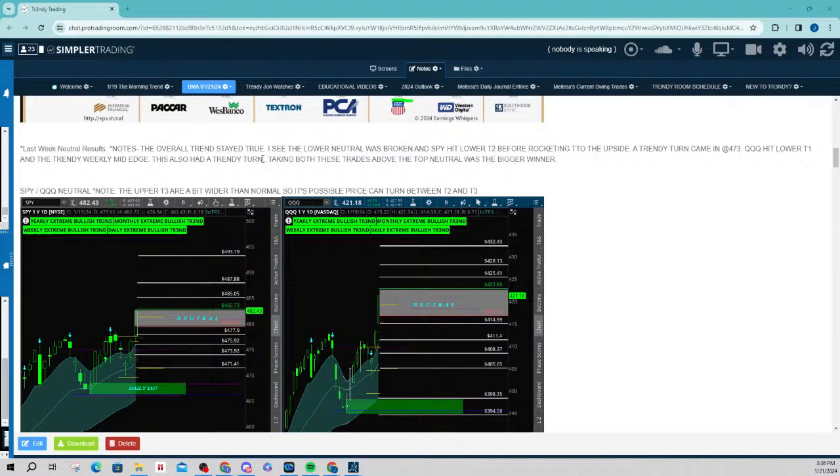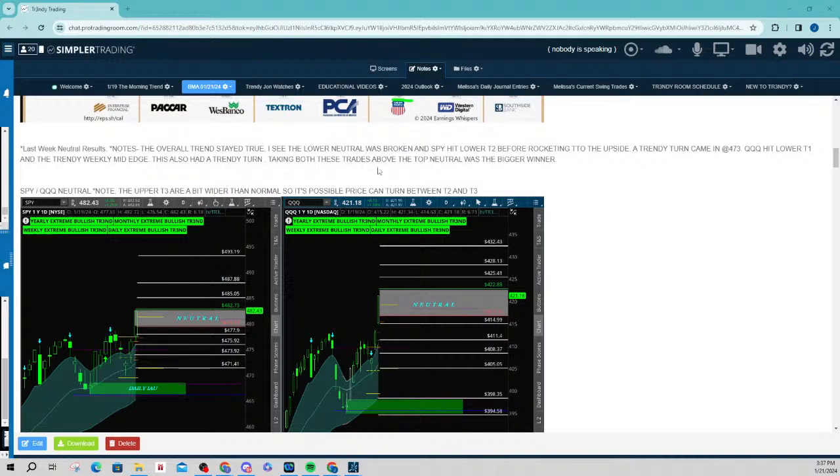And again, I've been giving you some hints out there on X, but if you're a member here at Simpler Trading, then you know that I'm really concentrating on the quarterly chart and the annual chart, because I believe a lot of people are going to get spooked and there are going to be some bigger moves later on in the year. And if you don't know where those levels are, then you too could get shaken out of some very important trades that really are probably just pushing price into a demand zone.